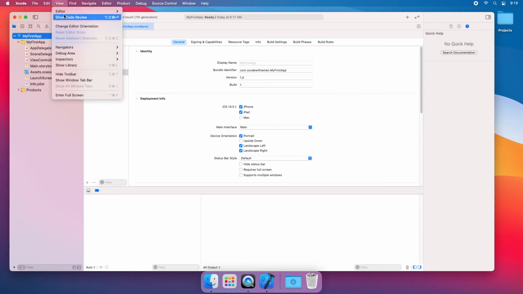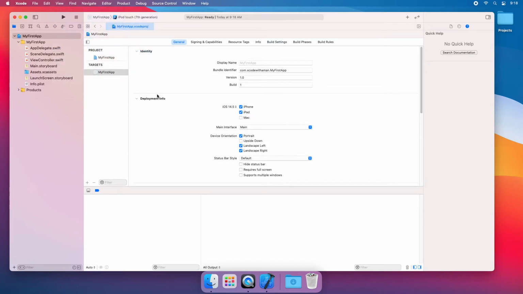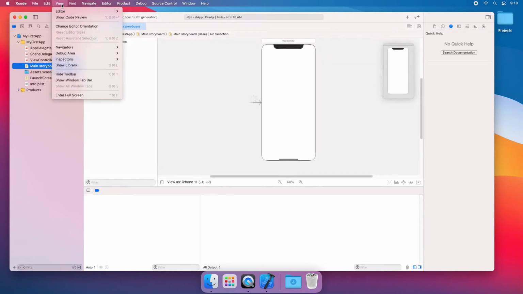In the View menu, there is a Debug Area which contains Activate Console. In Xcode, we see the debug area when we run the app. But if we want to see the debug area without running the app, then we can use this menu.